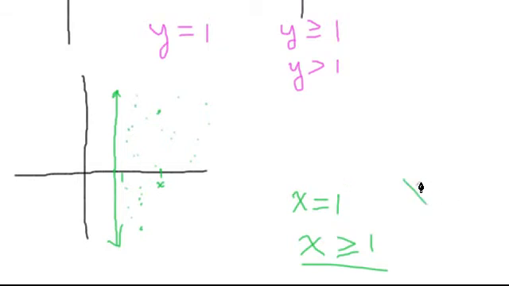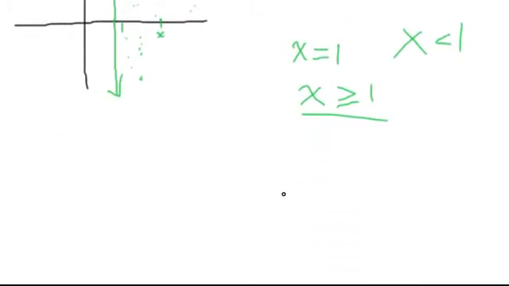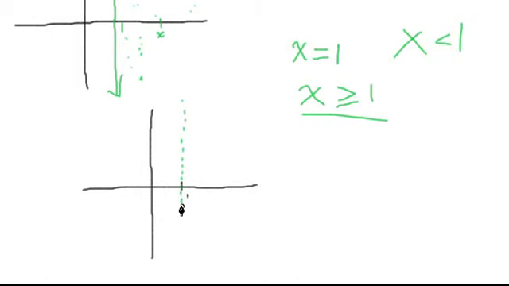Or what if I said x was less than 1? Right? X is less than 1. Let's look at that graph. So we want to do this. So here's 1, we'll say, on the x-axis. And, oh, that says less than, not equal to. So less than. So that means we're going to use a dotted line because we cannot use it. Well, I can choose a point here. X is 0, and 0 is less than 1. Or a point here, here, here, here. Any one of these points, okay, to the left of the dotted line